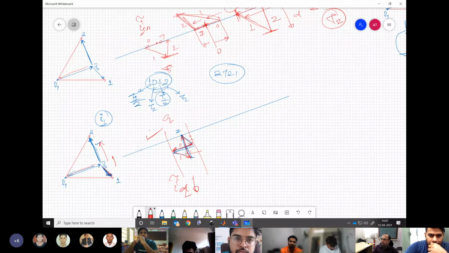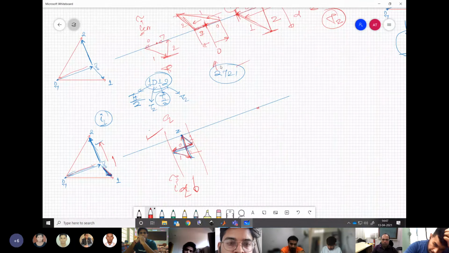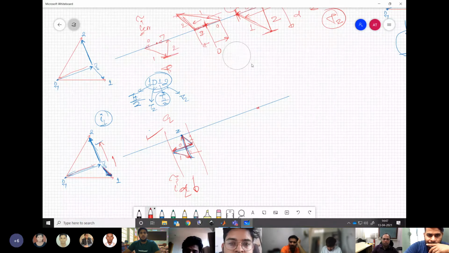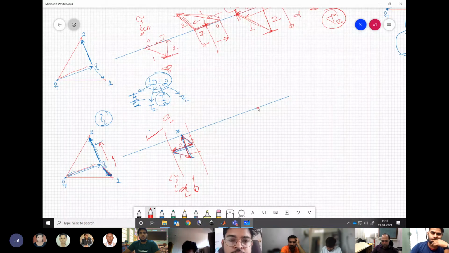Getting my point? Clear or not? Now if we go for 2721, what this will do, again the 2 is split. So this is applied for T2 by 2, this is T2 by 2, this is TZ and this is T1. So what we will have is extension along 2. Let me write it down somewhere else. So this will first extend like this, 2. Then we will have the 0 vector going along this. Then again going like this and then coming back like this.